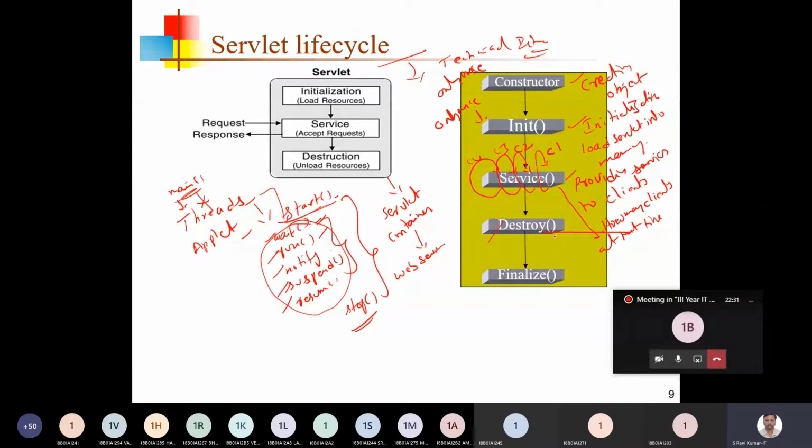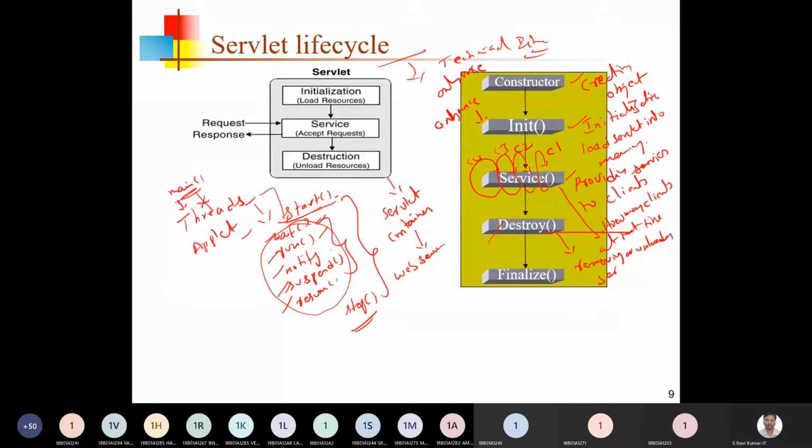The destroy method will be used for removing or unloading the servlet from memory. Once the destroy has been done, then the finalize method will be called upon